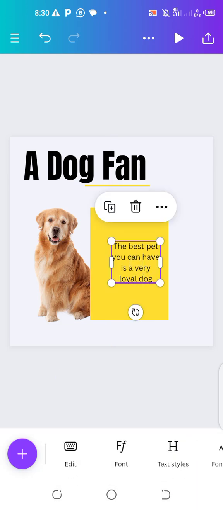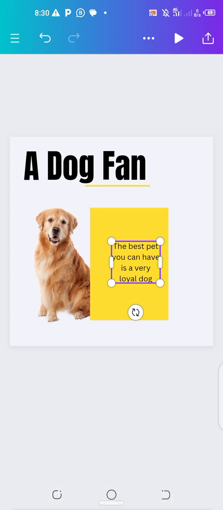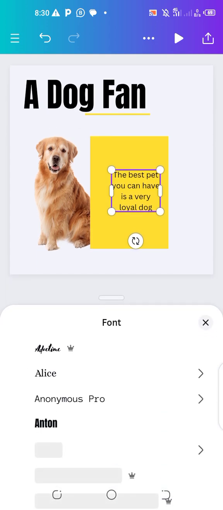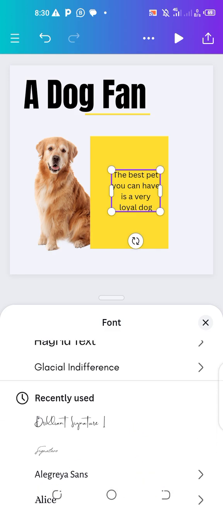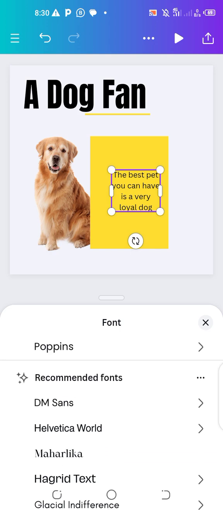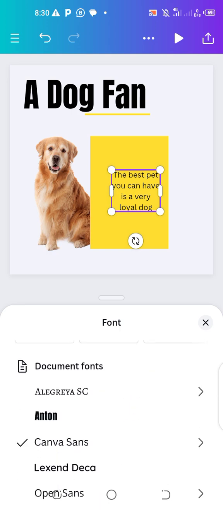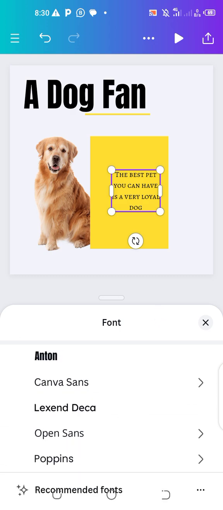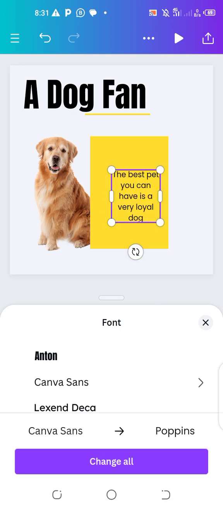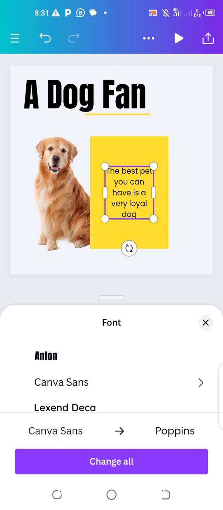I can still change the font, go to font and change it to my preferred font. Now at this time I want to use this. Okay, that's in caps, so I'm changing it. I'm going to use this. Alright, so now this is my quote,